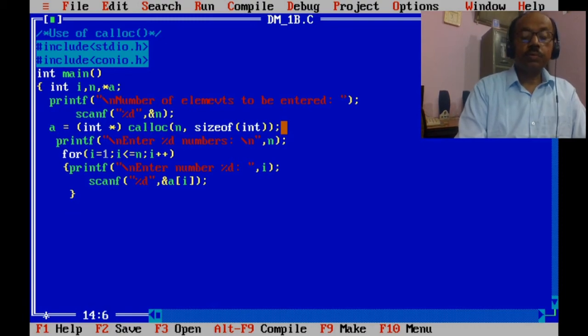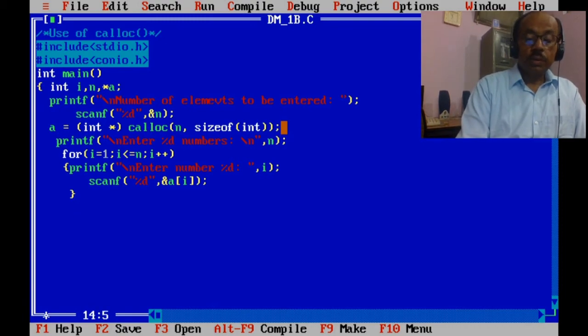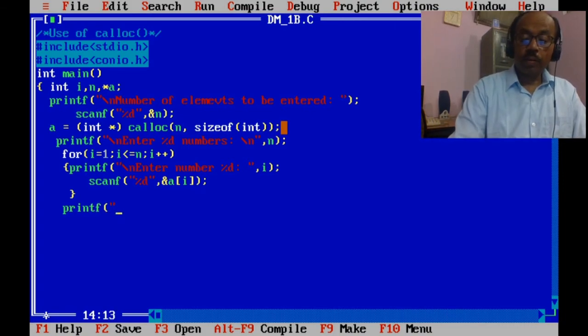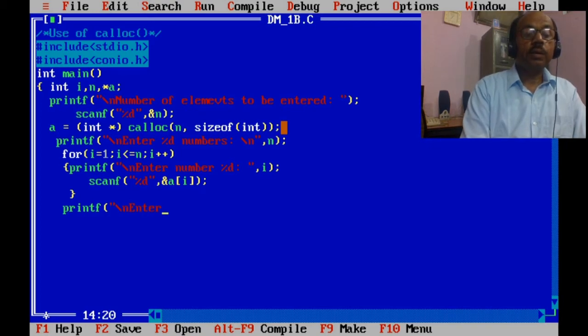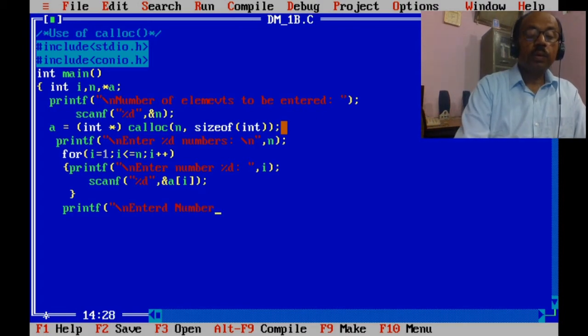Now we have to show the result. Printf: entered numbers are.